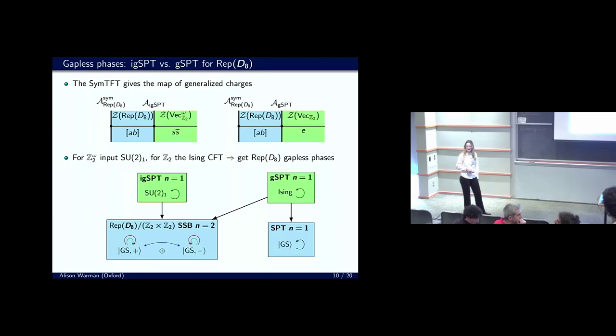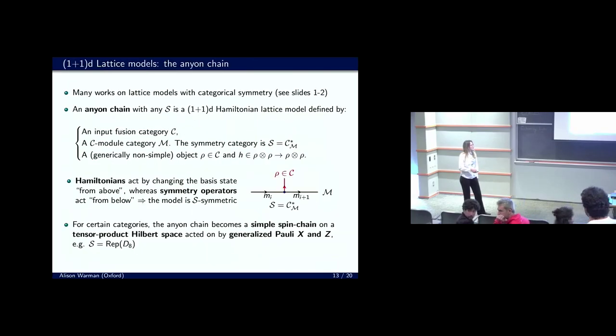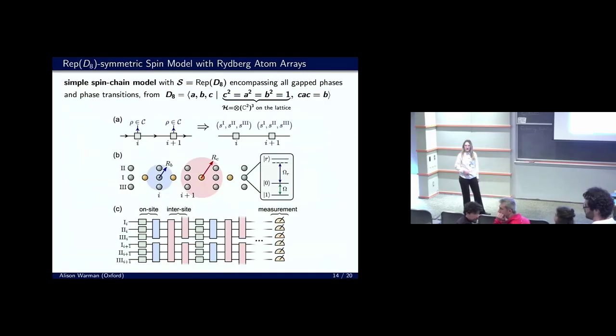Maybe I just want to follow up on Ruben's question. Suppose I had an arbitrary Hamiltonian with two-body interactions. Would this setup also work, or was there something specific about it that made it nice for the implementation of this Hamiltonian you're studying? Yeah, so with this specific setup, which is quite simple, it's easy to induce interactions between this qubit at site 1 and the ones at site 2, or between site 1 and site 3 here.